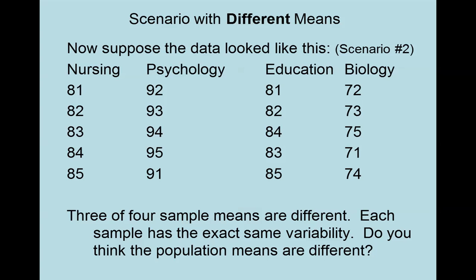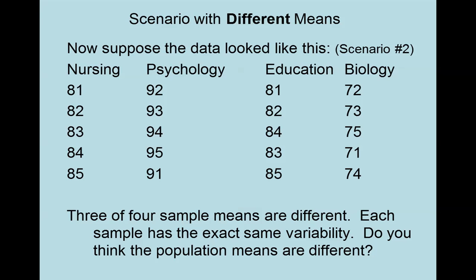So nursing and education had sample means of 83, psychology had a sample mean of 93, and biology had a sample mean of 73. In this case, it's very easy to say psychology students had the highest grades on average, nursing and education students were in the middle, and biology seemed to perform the lowest in terms of the mean